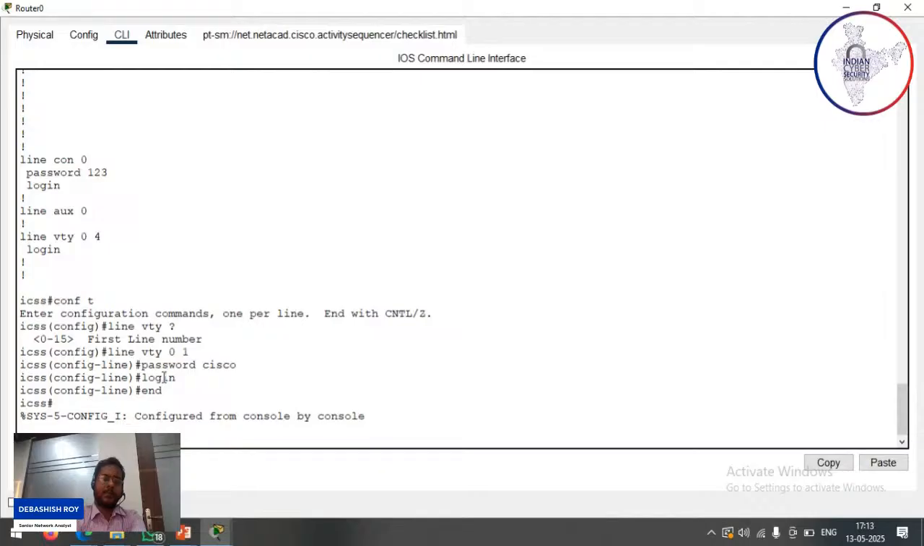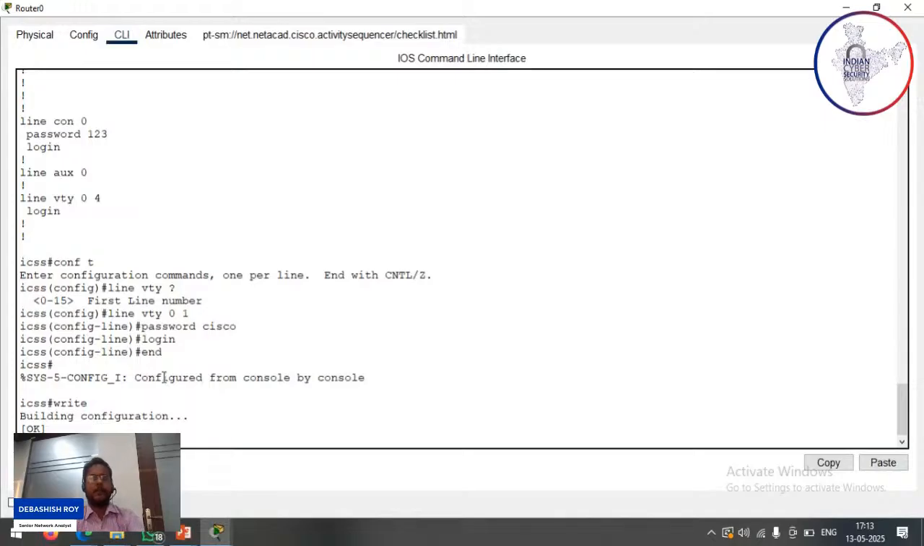And in the Packet Tracer, let me tell you that there is another option to save, that is write. Same thing. But in the real router, you cannot do this. You cannot give this short form write. But in Packet Tracer, you can do it. So in show start,